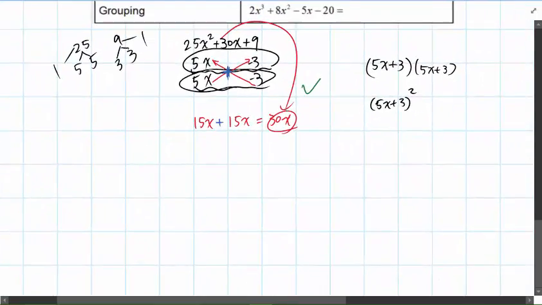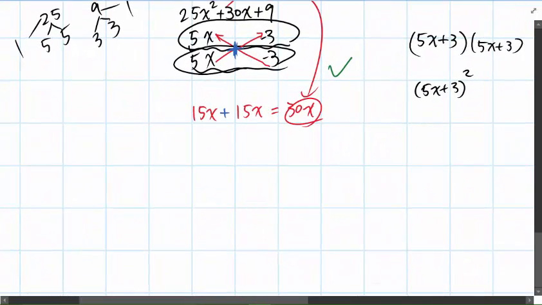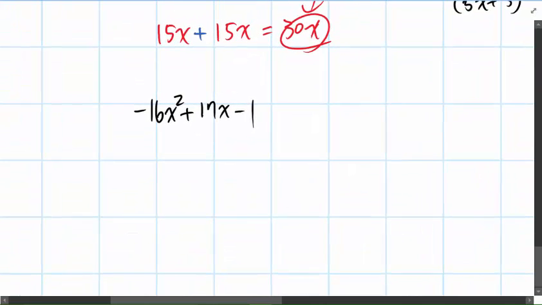So let's say, for example, 16x squared minus 17x plus, then probably just 1. Okay, 1. Actually, negative 16x squared plus 17x minus 1. So again, what we have to do is put this down here,